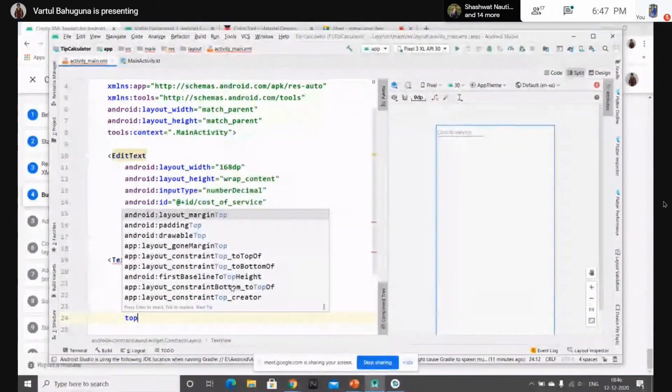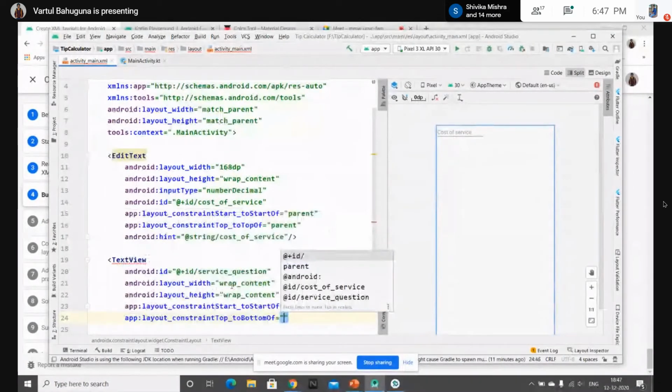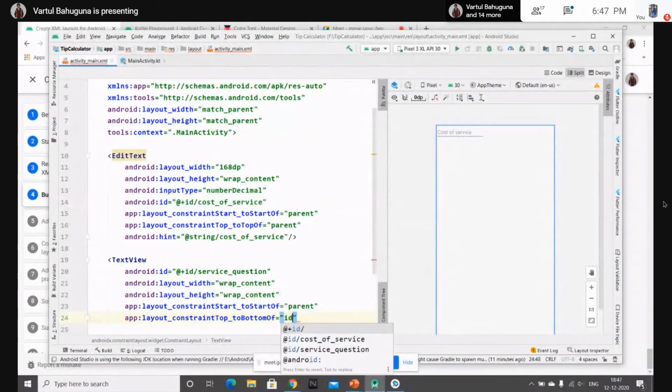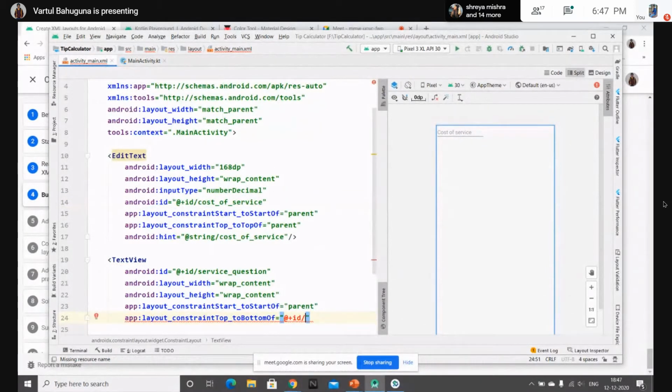So layout constraint top to bottom of. Now, rather than writing parent, we will type the ID of the edit text that we have given over here. So let's ID. The ID is cost of service.